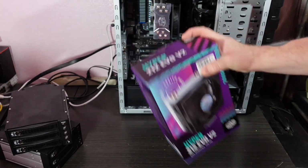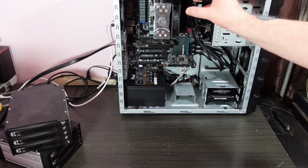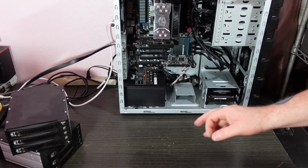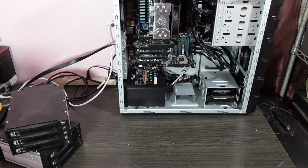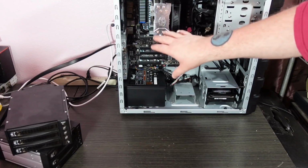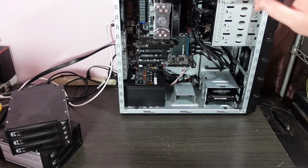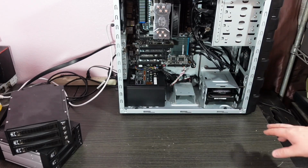The original cooler and processor were just the OEM, and I was worried it might not cool well enough for this particular case. So I went ahead and put that cooler in. This cooler is an optional purchase because if you have a good CPU and cooler, you may not need to buy anything like that. So I'll cover all the costs when I'm wrapping up, but for now,